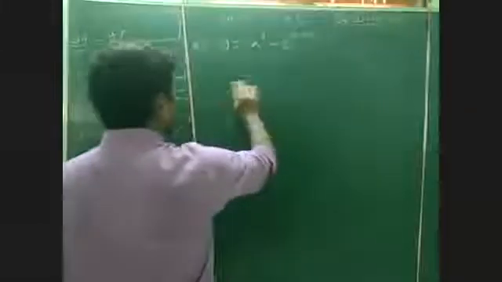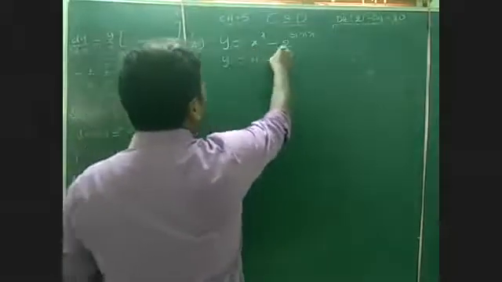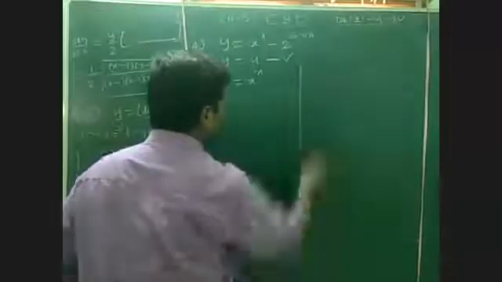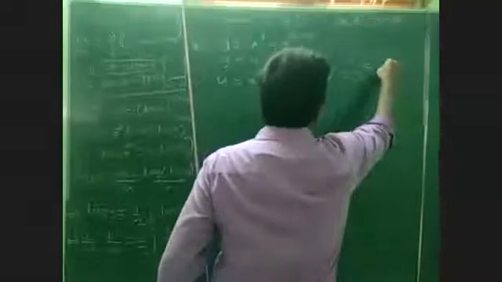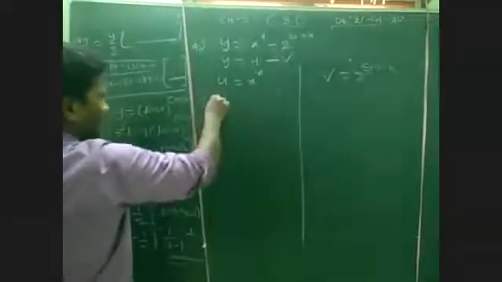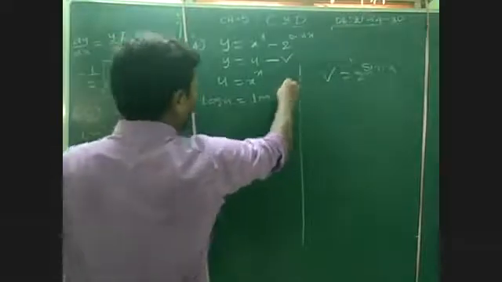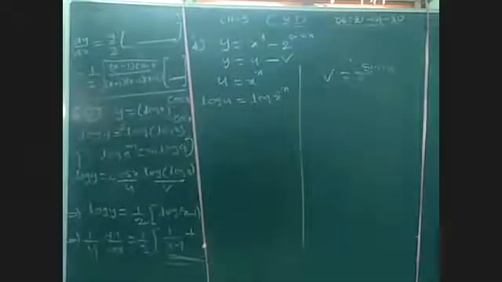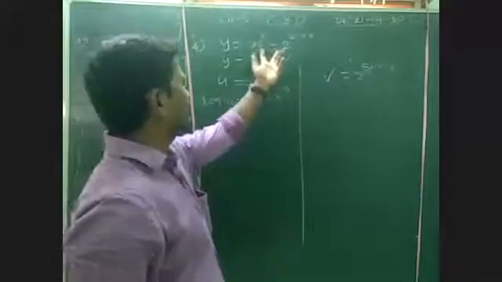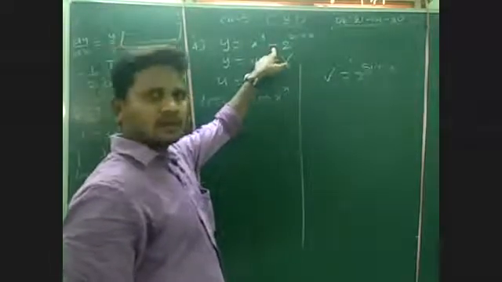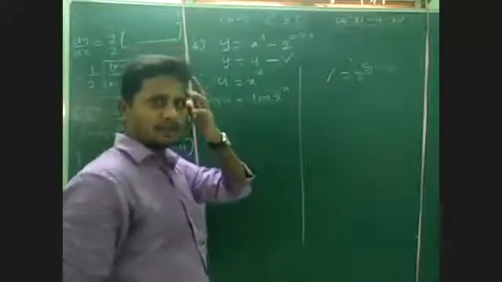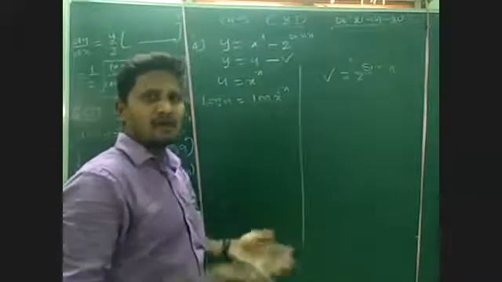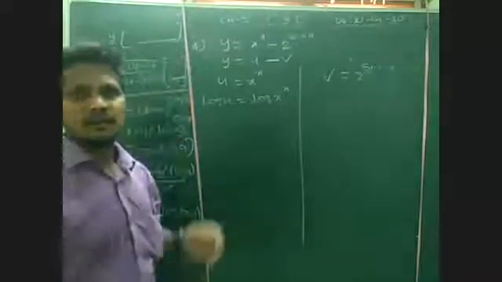So we'll do one thing. We can take this value as u minus v. u is equal to x power x and v is equal to 2 power sin x. Now separately we can apply log. u is equal to log of x power x. I think the session is going to end. Try to do the remaining problems. Even for plus, there is no formula for log a plus b. It will be defined, but no formula for log a plus b.